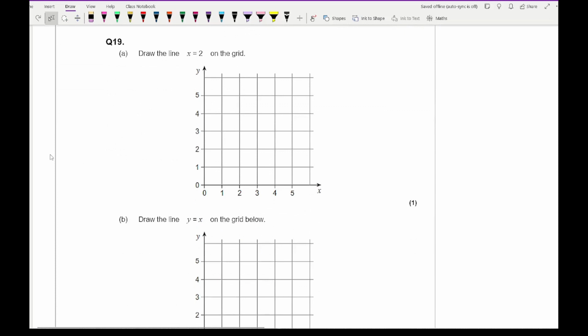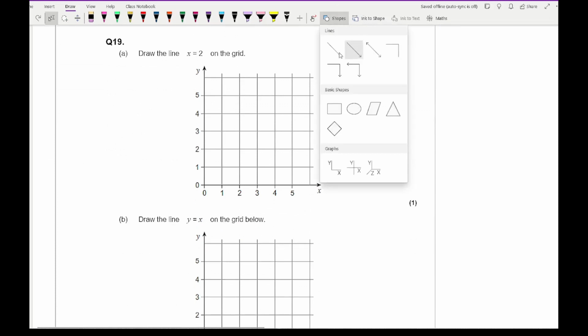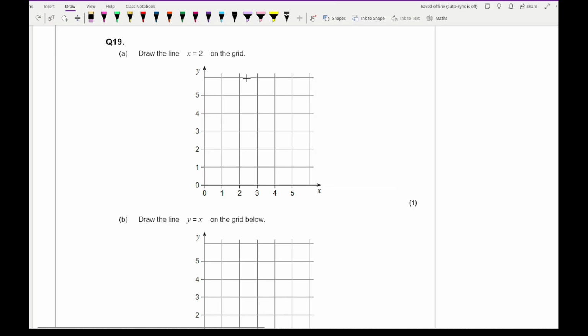Moving on to question 19, it says draw the line of x equals 2 on the grid. Now x equals 2 is a vertical line going through that number, so it's going to look something like this. Let me just make that a little bit neater. It should be a vertical line going through 2. For the next question,